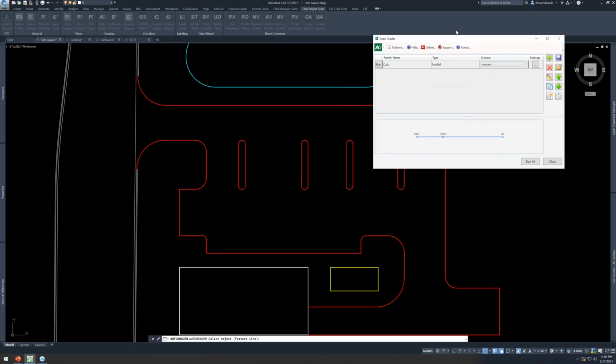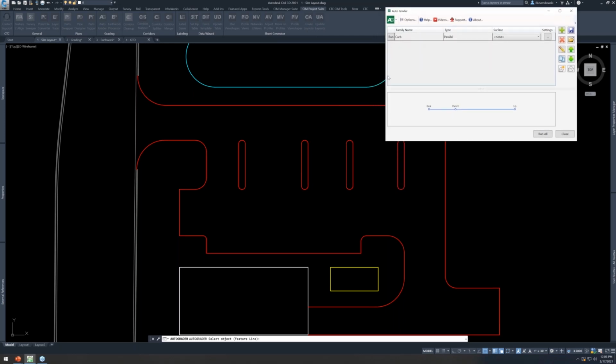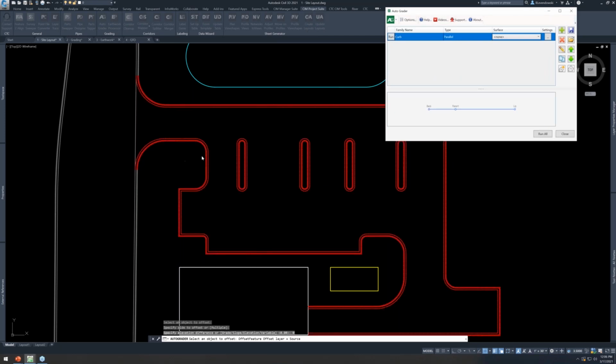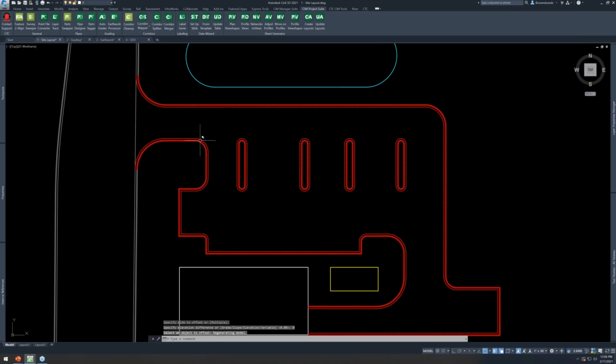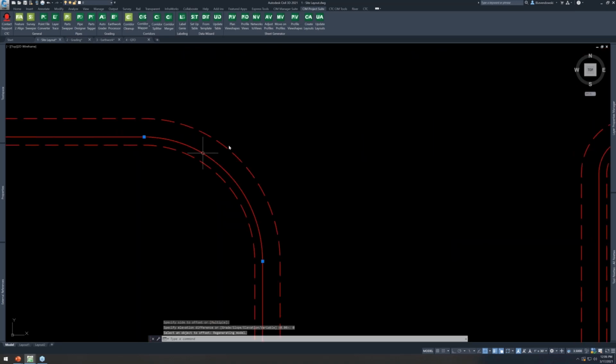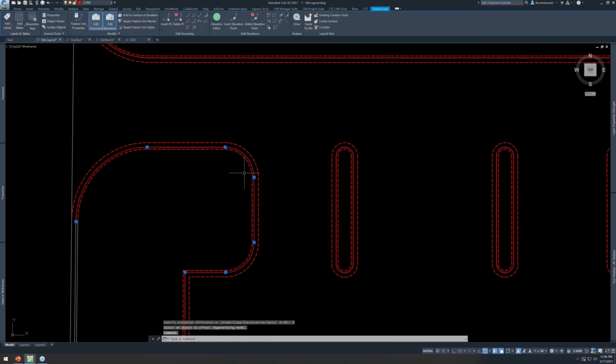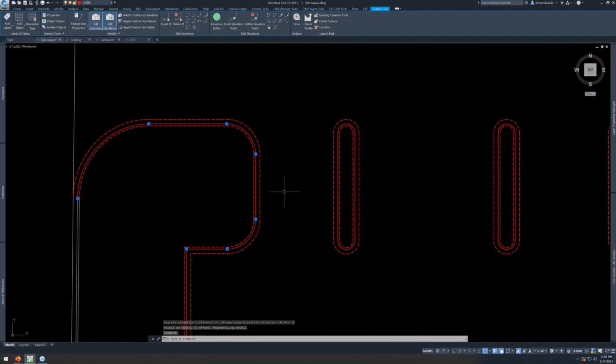Save out of here. I'm going to go ahead and hit run. You're going to see this update behind us here. It's going to create all these offsets at once. It's going to put them on the right layer. Okay. And the point of working with all this is as things change, as these parent